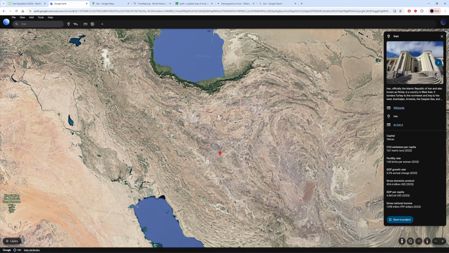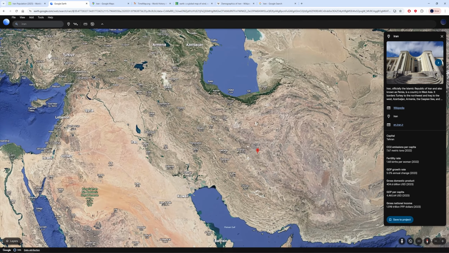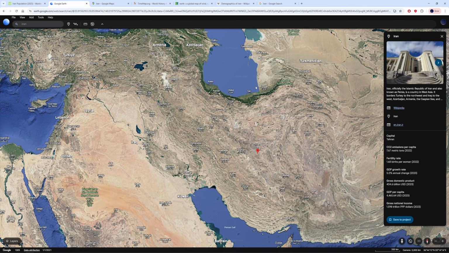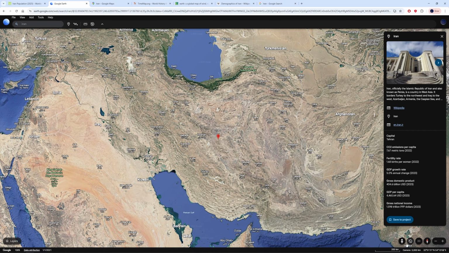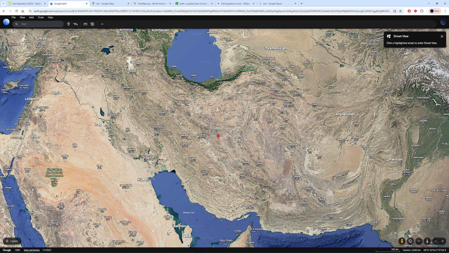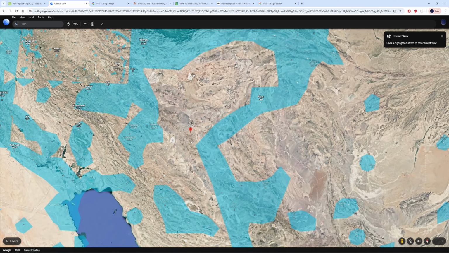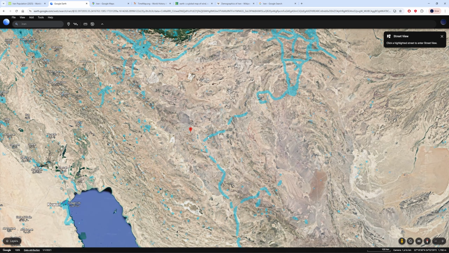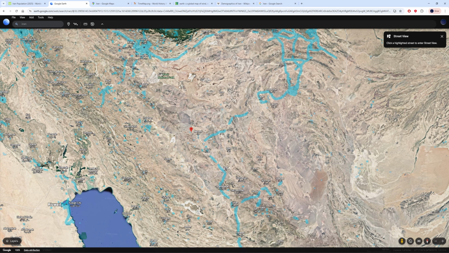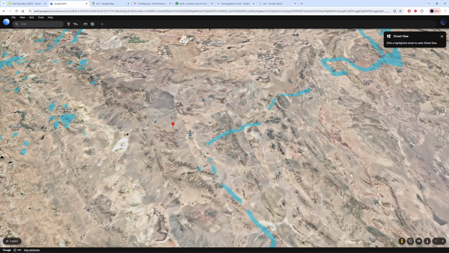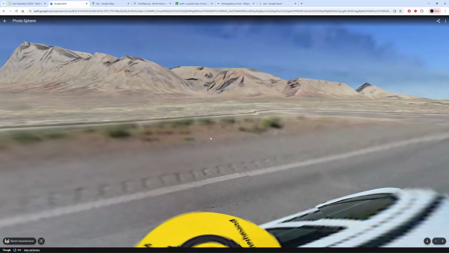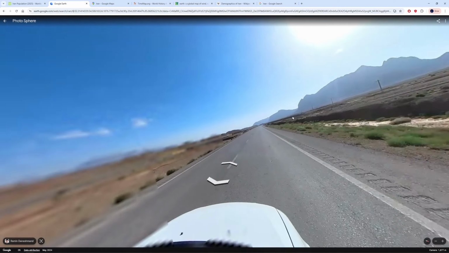So I am curious how they actually live, because on the northern side you see I have a bit of green, let's say, but the rest of it is pretty much a desert country, and I am curious how they actually live here. So let's go, like I say, very randomly on the map. I'm not choosing anything, just to see how exactly those people live. Even here in the desert, I am interested in how the country looks.